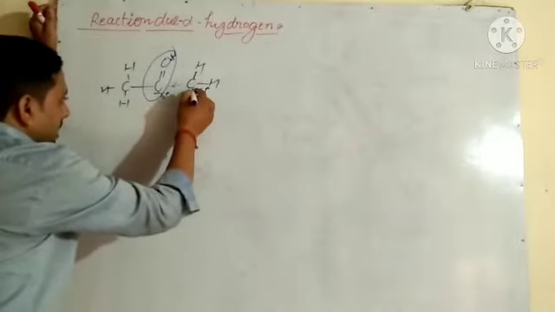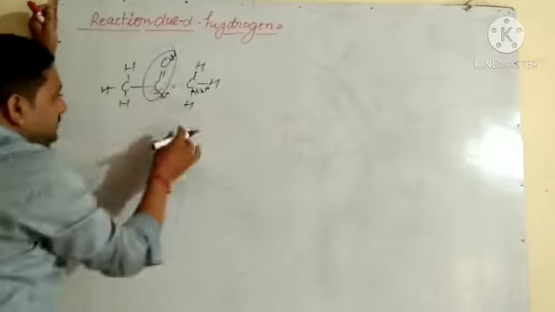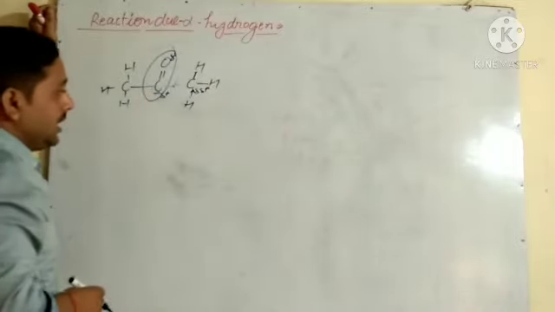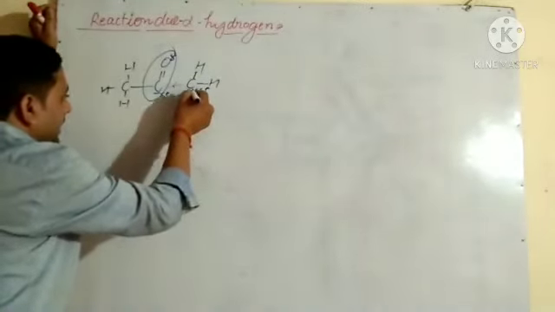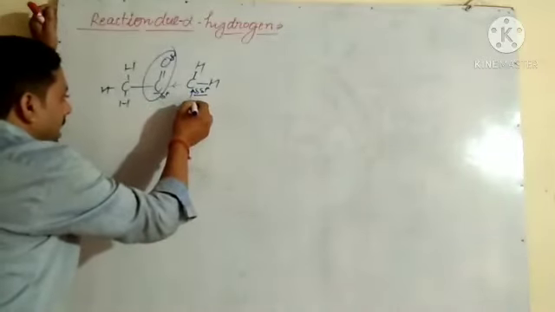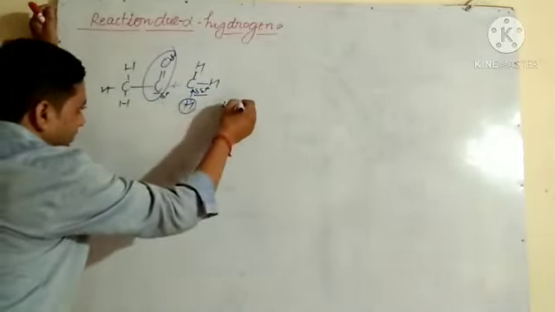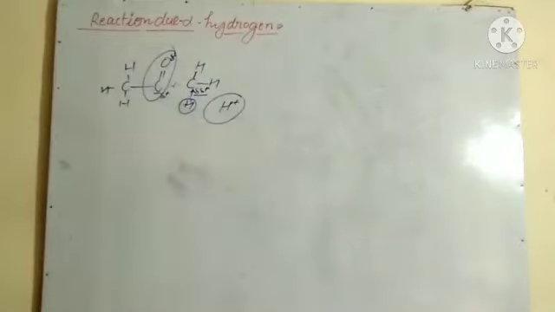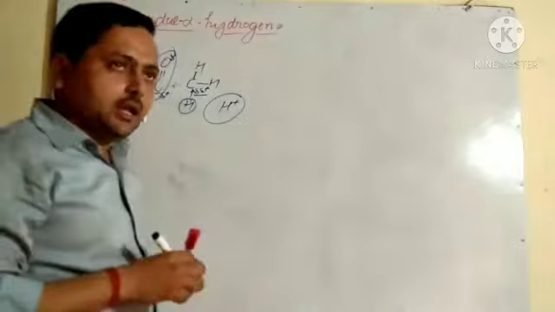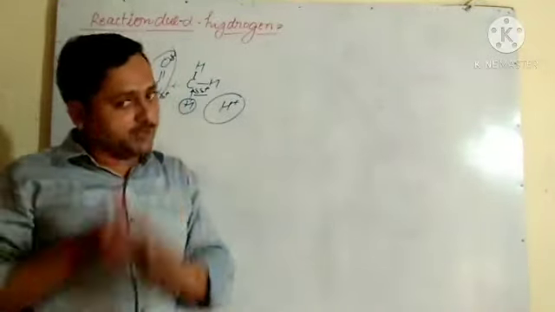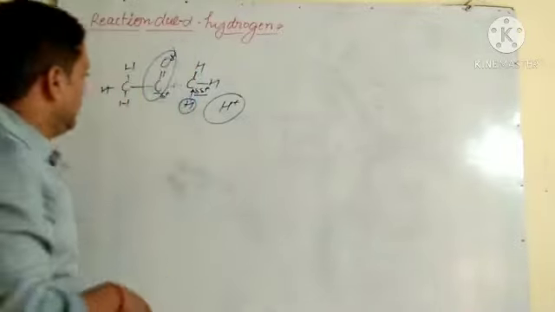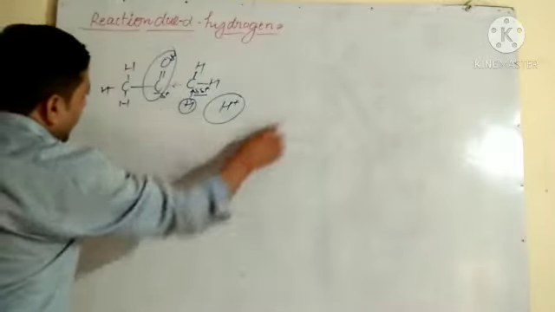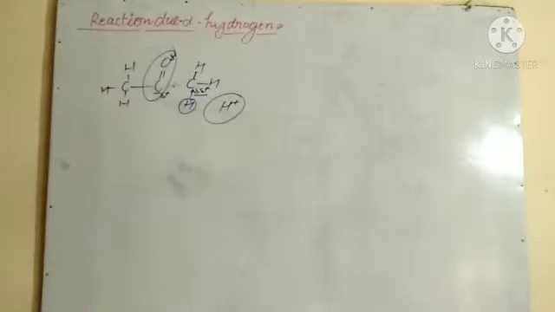It means the electron shifts to that side, so the bond between carbon and hydrogen becomes weaker, and due to the positive charge it attracts the electron, so the hydrogen is released as H plus. You might have studied that any compound that releases H plus is known as an acid. So due to this, aldehydes and ketones show acidic nature. So let us write.